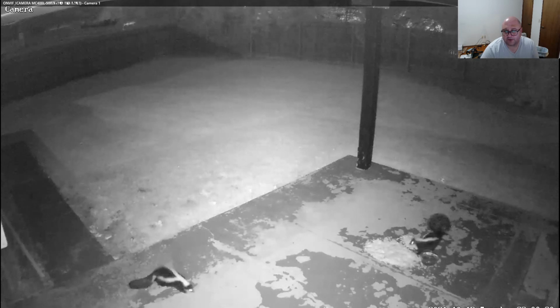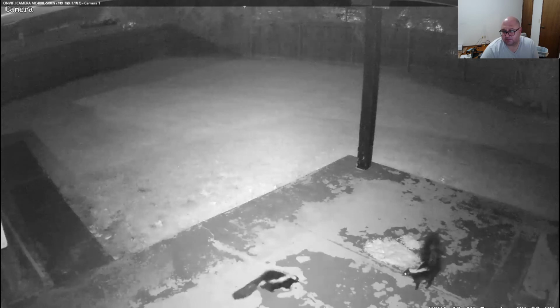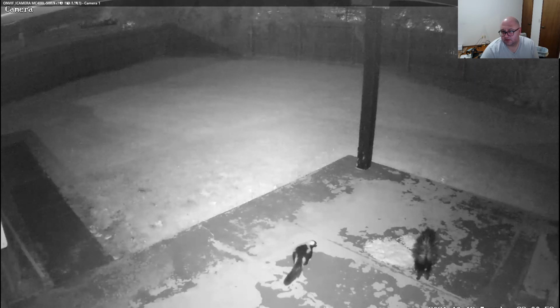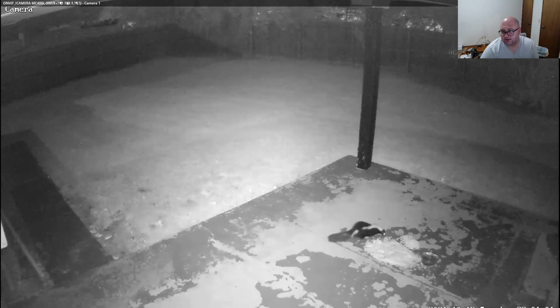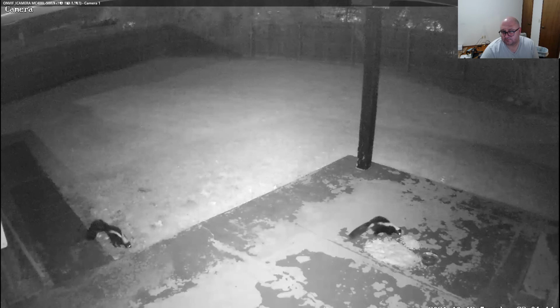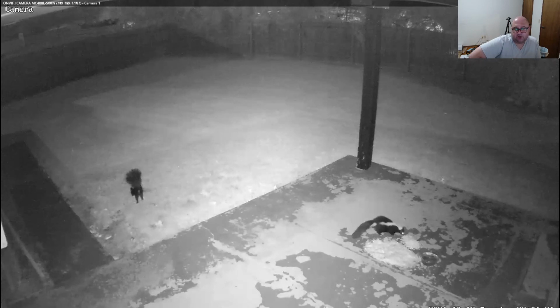I hope they're friends. I hope they're not going to fight. That one's raising its tail up like it's wanting to spray it or something. That one's being very cautious. There's plenty of food for both of them, so hopefully they can get along out there. I'm pretty sure that that skunk over on the left that's been raising its tail is the same one that's been normally coming in here every night. The other one looks like it's probably new,